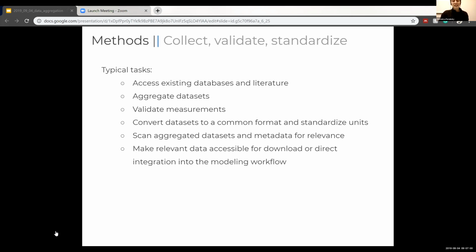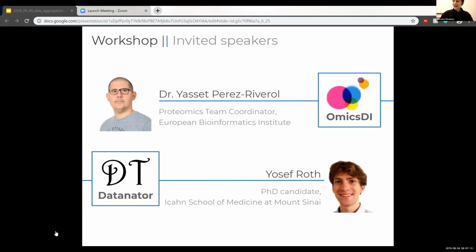So these aggregation platforms that we have may also manage metadata and even add annotations that unambiguously describe the data sets. So in order to get a better idea of how to tangibly use some of these platforms, we